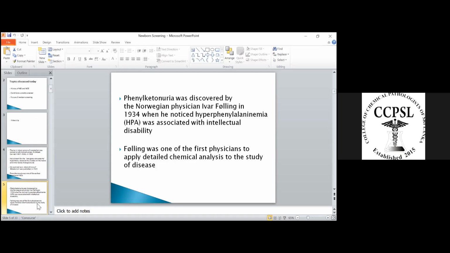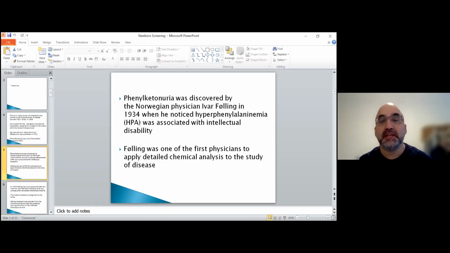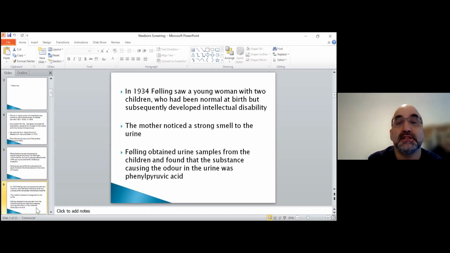Yes. Okay, great. So it was discovered by Norwegian physician Følling in 1934, when he noticed that hyperphenylalaninemia was associated with intellectual disability. He was one of the first physicians, maybe we can call him one of the first chemical pathologists, that realized there was a relationship between chemical analysis of the body fluids and disease. So he saw a young woman with two intellectually disabled children, and the mother noticed a strong smell of the urine. So he tested the urine